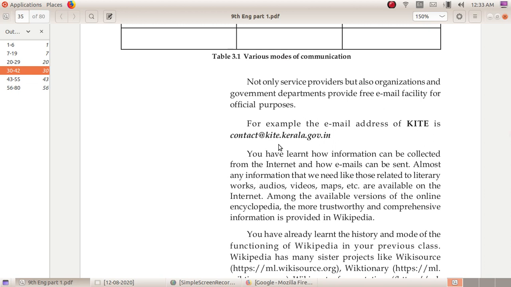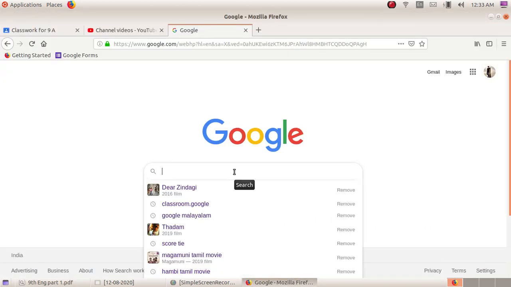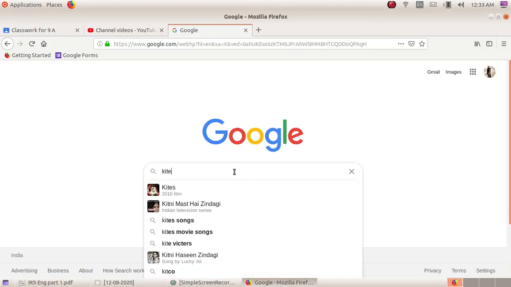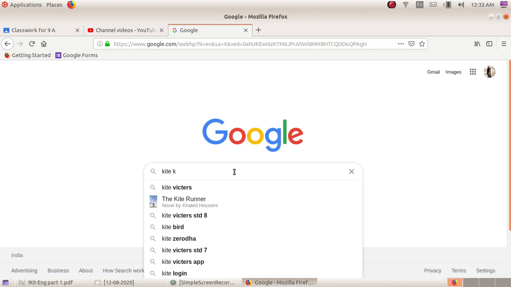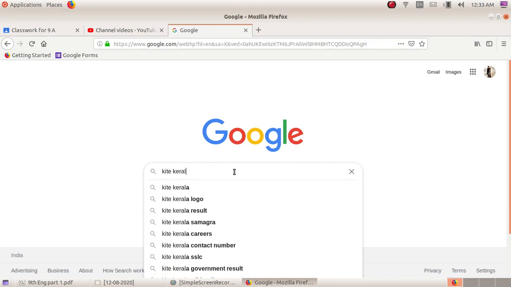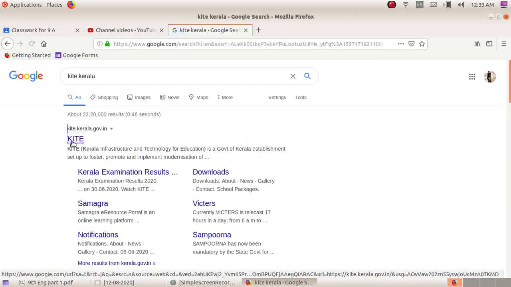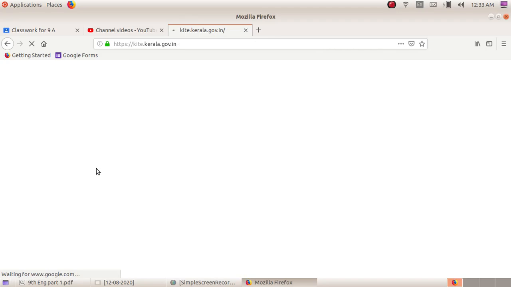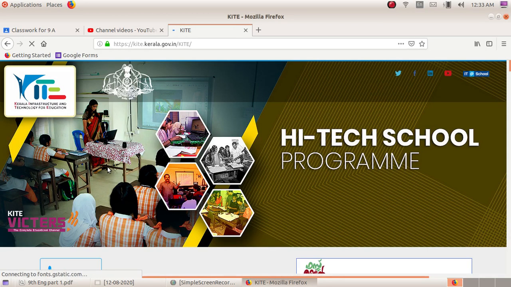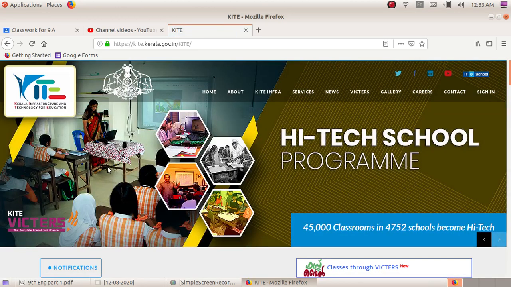What do you mean by KITE? All of you know about KITE? KITE is very important in our Kerala education. It's a Government of Kerala establishment. This is KITE's official site.